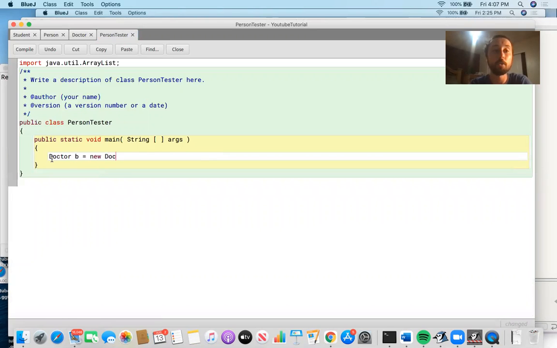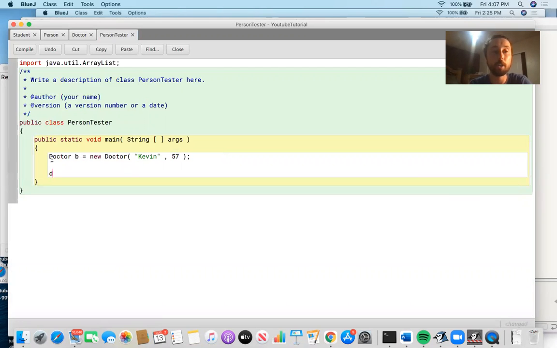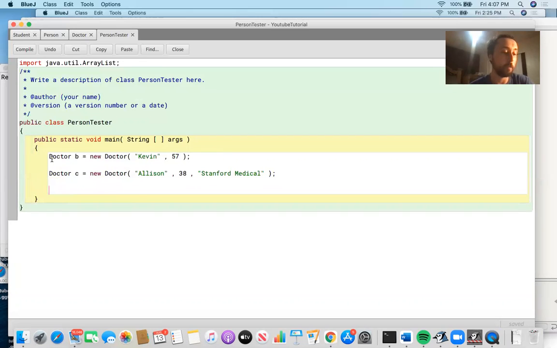B equals new doctor, and then for this one we'll just type in their name and their age, and then we could go ahead and say Dr. C equals new doctor, and then let's pass in all three. So let's do Allison, 38, and she's at Stanford Medical. Okay, so then essentially what we can do is we can try printing the results of getAge and making sure